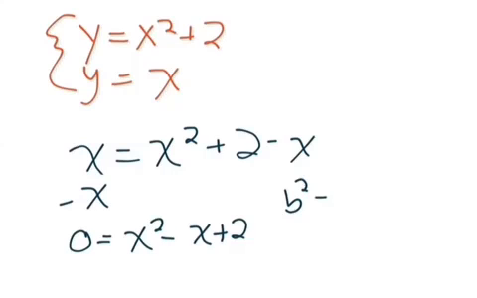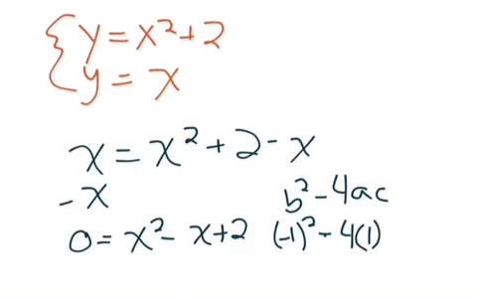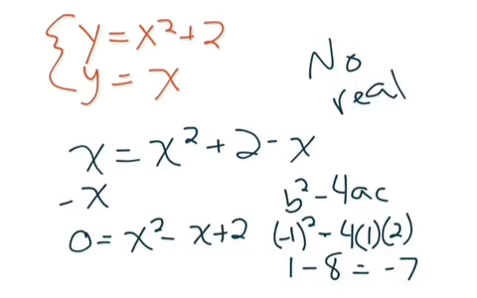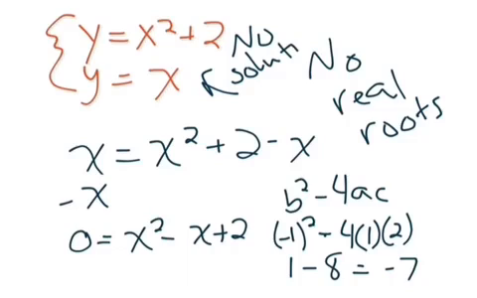And if we do the check on the discriminant, we'll take a b of negative 1 squared minus 4 times a times c, and you can see that we are going to get a negative discriminant, so we have to just conclude no real roots, and in this case for the system, we have no solution